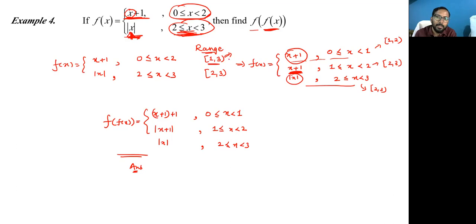What we have done is just check the range, then split the range as a subset of these parts, subset of the domain of the outer function. Here the outer function is f, so we need to convert the range of f of x as the domain of f of x. We cannot directly use 1 2 3. We need to split the domain as given in the original function.